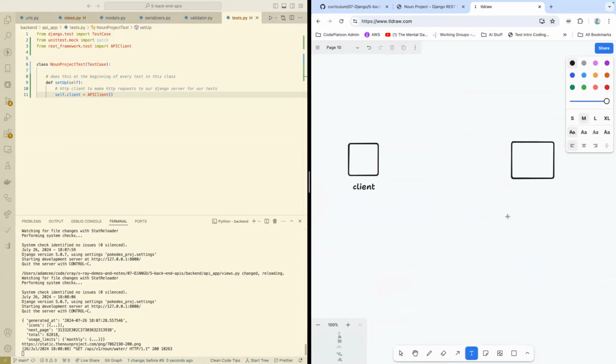And we're going to use everyone's favorite words, client and server, and everyone's favorite arrows for an HTTP request and an HTTP response. Right. And let's say the HTTP request is GET, API/v1/noun/water. And the response is,